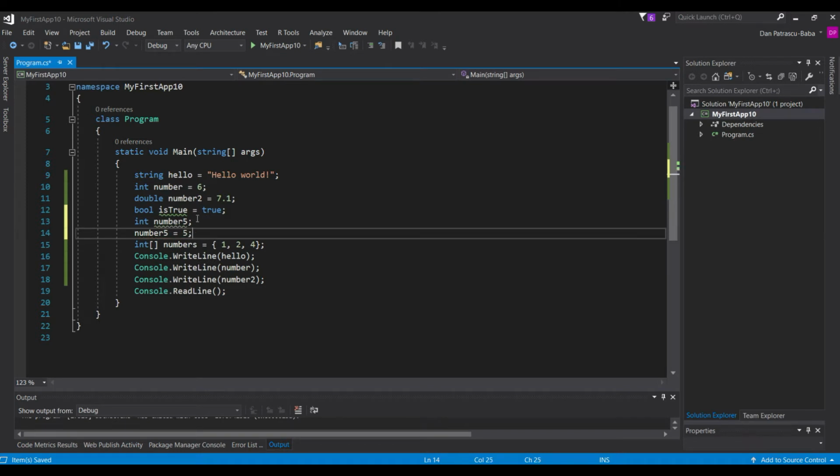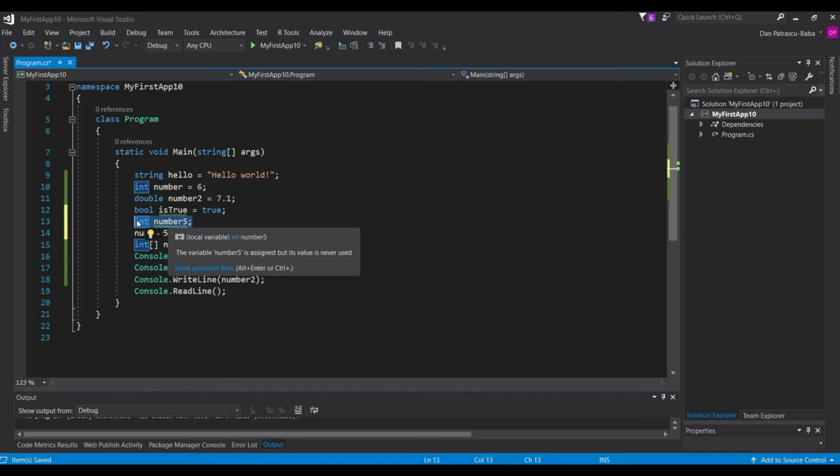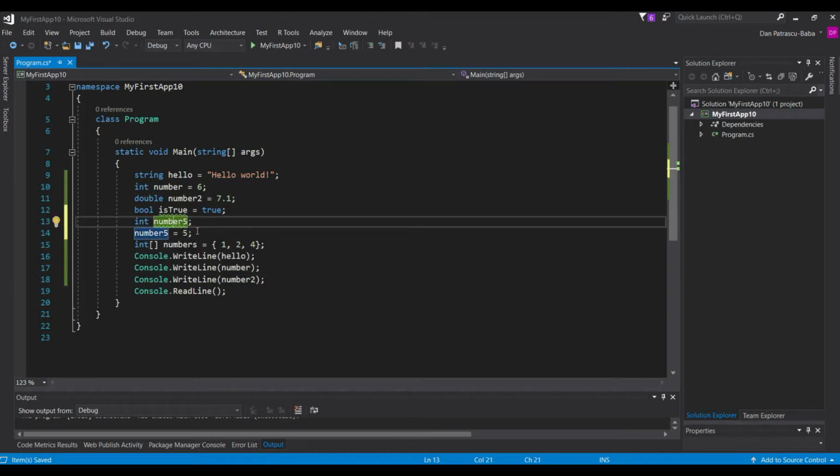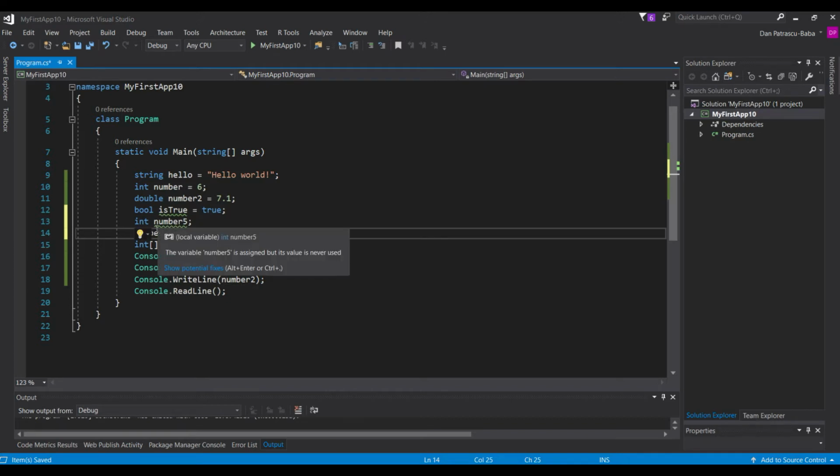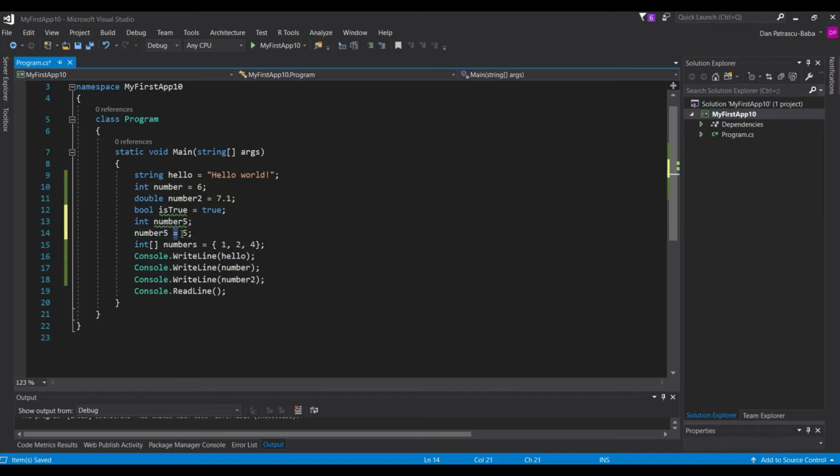So we have on one line of code declared the variable of type integer and with the name number 5, but we have initialized it with a value only in the next line of code, where we have just written the name of this variable number 5, and we have used this equal operator and assigned to it the value of 5. Important here to notice that when you declare a variable, it's not necessarily to also initialize the variable